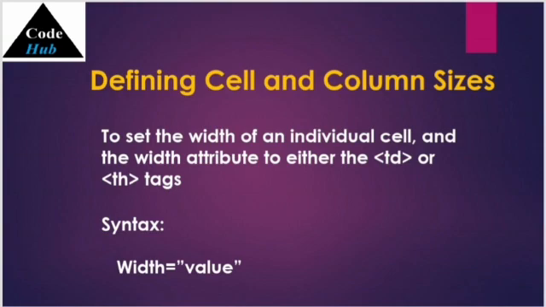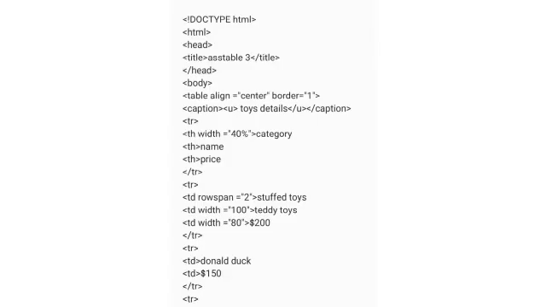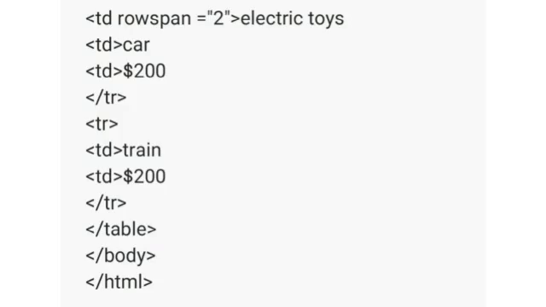Let's move on to the program. Including the mandatory tags: HTML, head, body. Now we have included table alignment, which is at the center, and border equals 1. Here we have used a caption with the title written in detail using the underline tag so that it looks catchy. After that we have used the table tags TR and TD and included the details which we want to see in the table. Now at the end, closing of the tags, which are table, body, HTML.